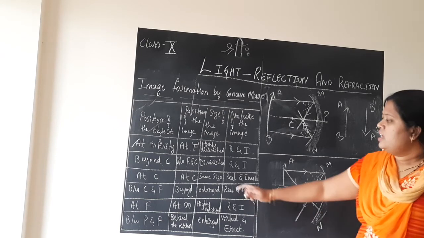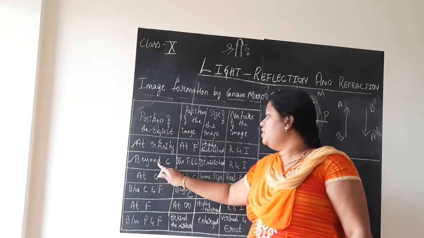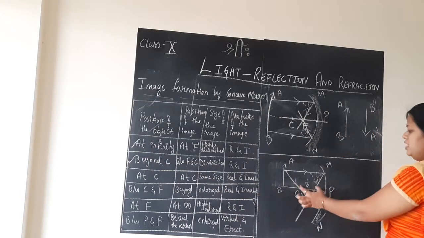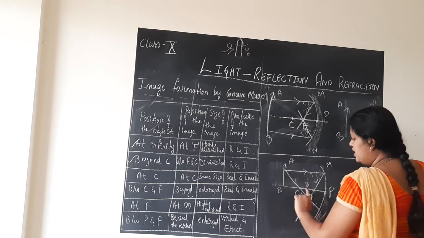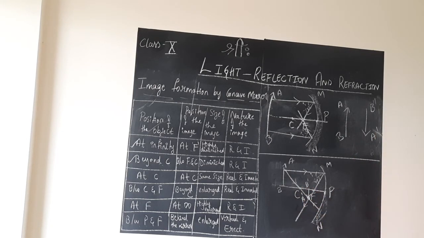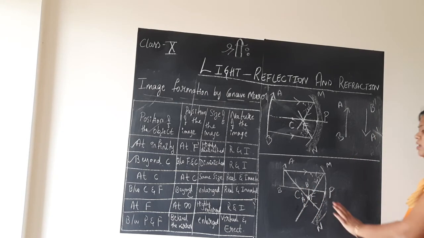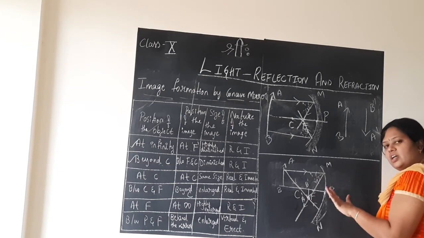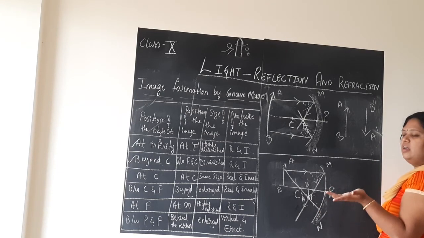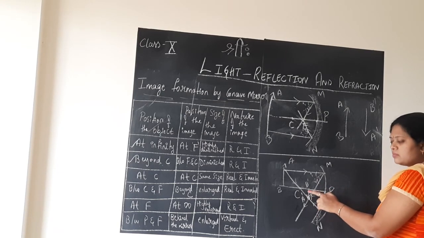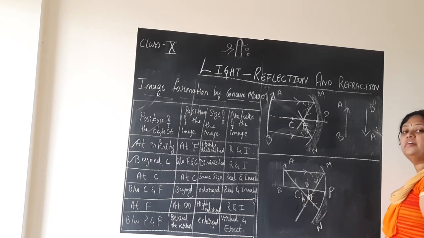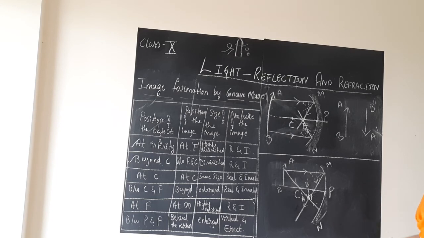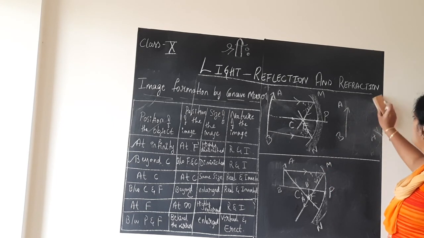So when the object is placed beyond C, the image is formed between C and F, and the image is diminished, real and inverted. Don't worry about the real image, just show the inverted image, because inverted images are always real. So B dash A dash is the image here. This is how you draw the ray diagram. Next we shall go to the third one, that